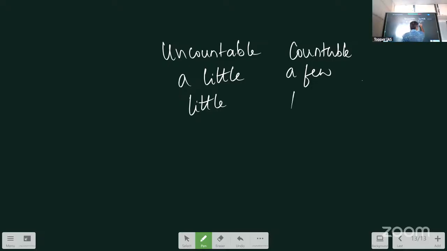Few students are enough to start a class. Andre, when do you use with a? When you say how much you have or how much you want. When do you use little and few without a? When you say how much is enough or not enough. Did you understand? Little money is not enough to live in Bangalore. Few students are enough to start a class.